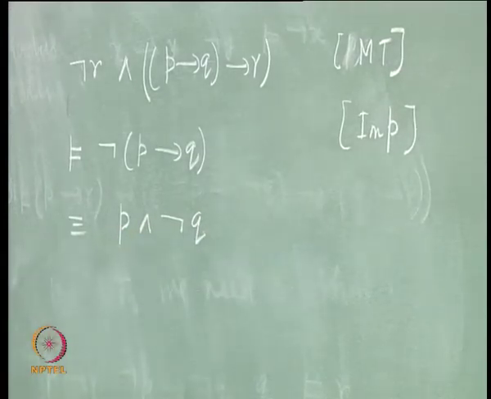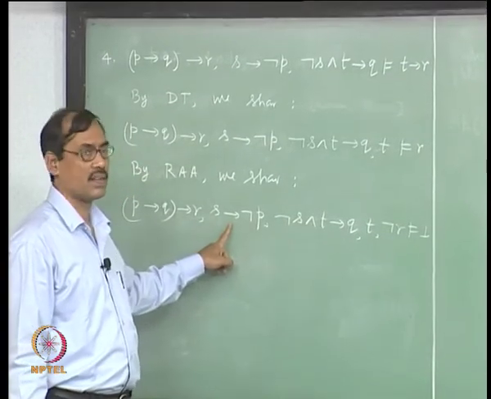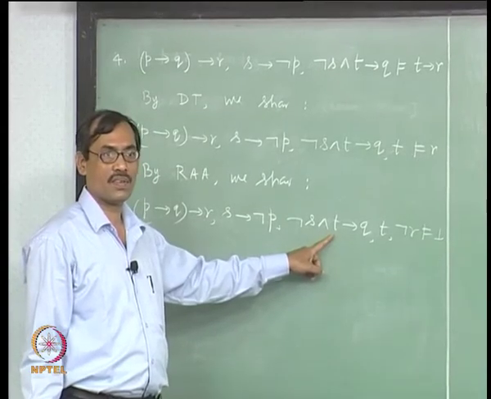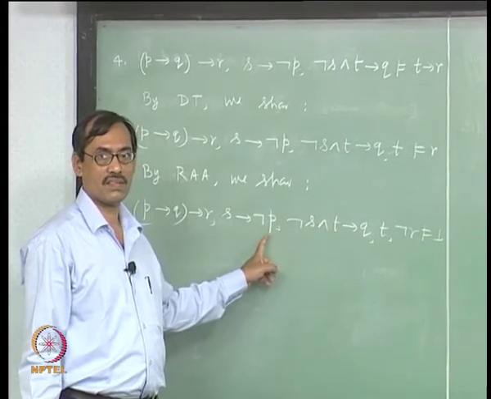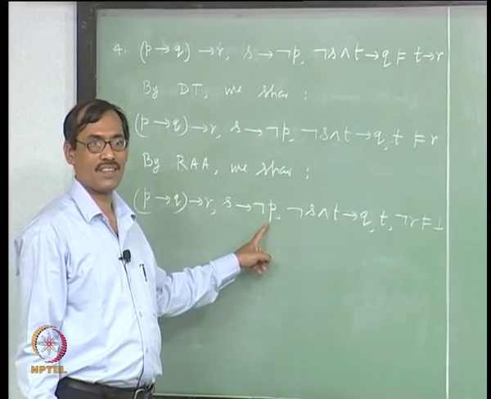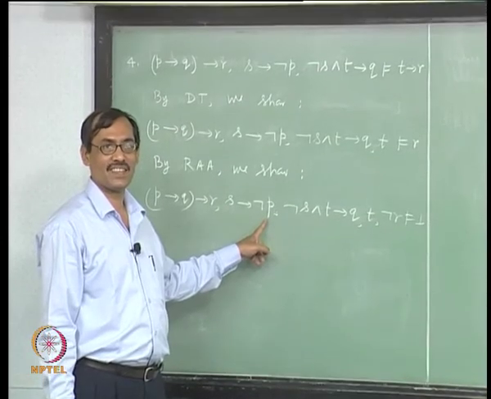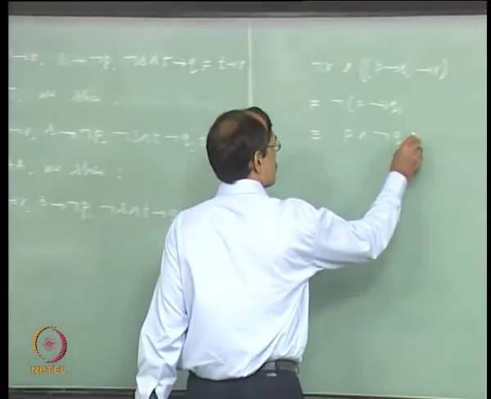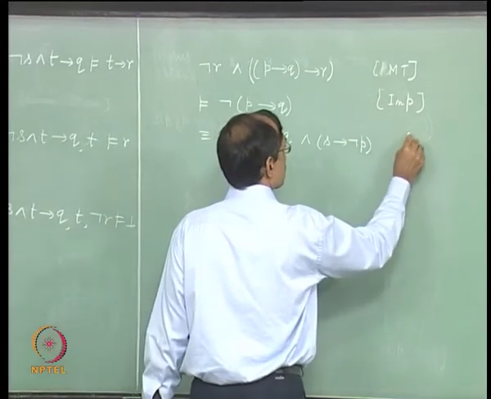Now we have to introduce some more premises. Which one will we take? Either this or this, because Q is there and P is also here, so one of these you can use. Which one? Choose. This is non-deterministic, you have to choose something, then start with this one, S implies not P. So we are using a premise here.